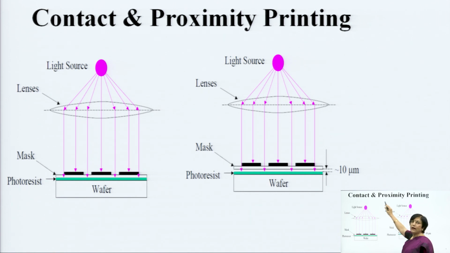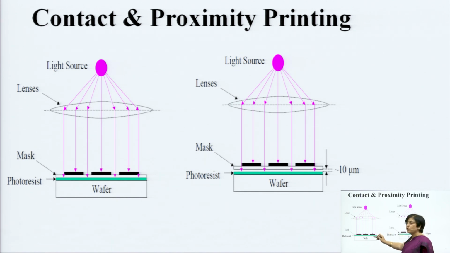So, you have contact and proximity shown again in this diagram. Here you have the light source, here you have the lens, and your mask is directly placed onto the wafer. Naturally, because of the direct contact, the rays will directly reach the wafer and the PR, and the exposure will be proper. So, resolution will be best. What is the resolution? The ability to reproduce the exact pattern on the mask onto the PR surface. Your wafer is coated with PR, and you want the same pattern to be printed onto the coated surface, and that is what you attain with this.